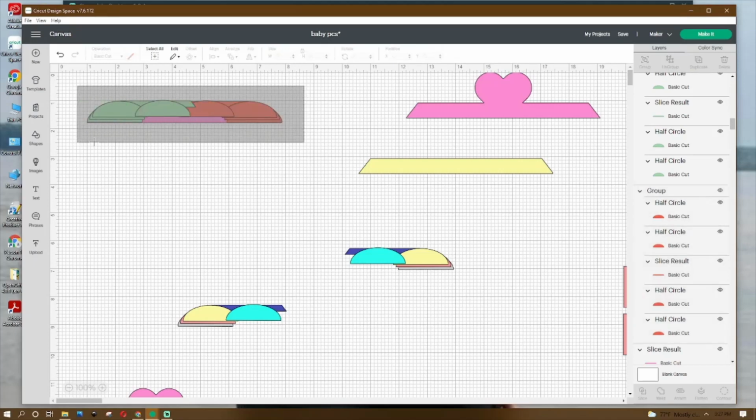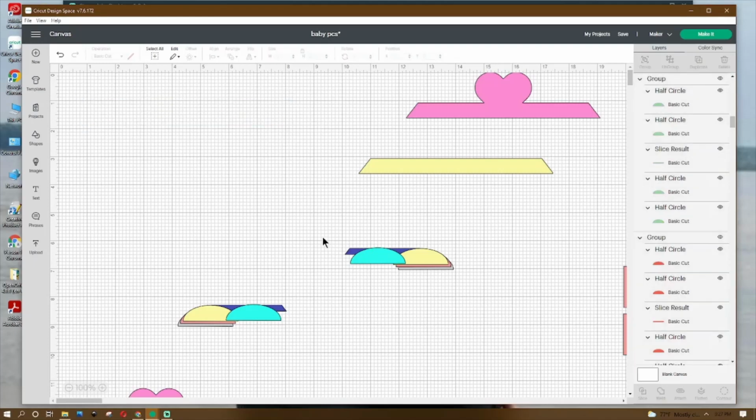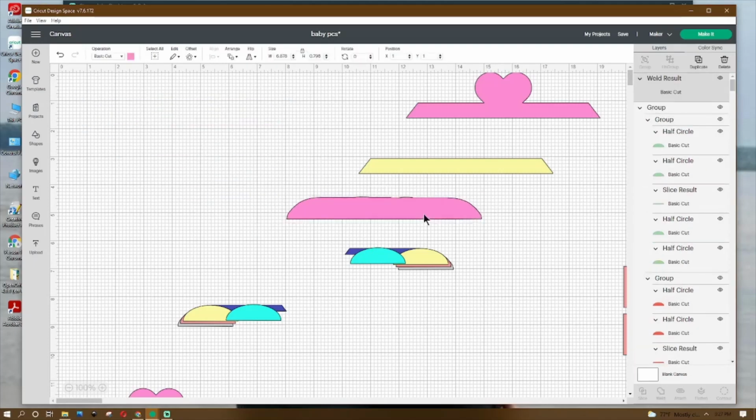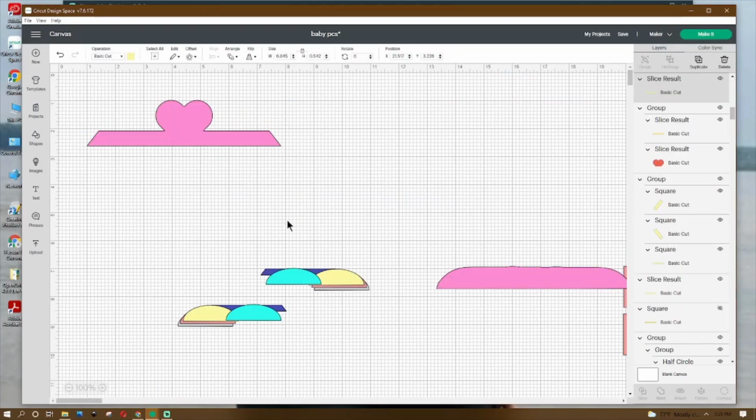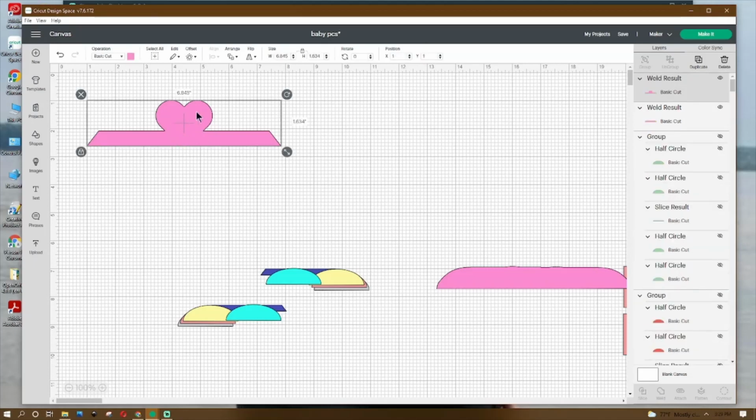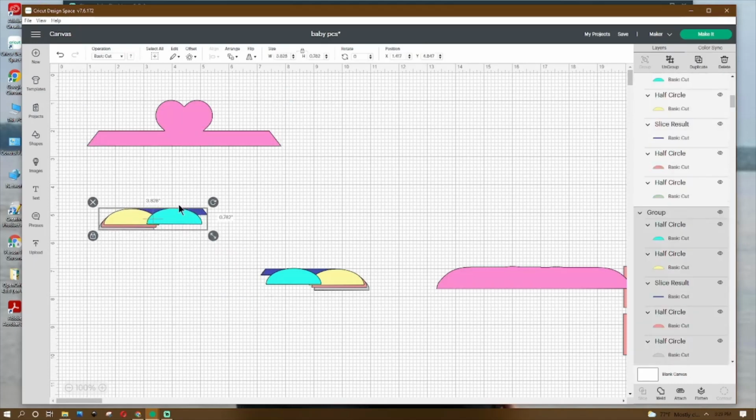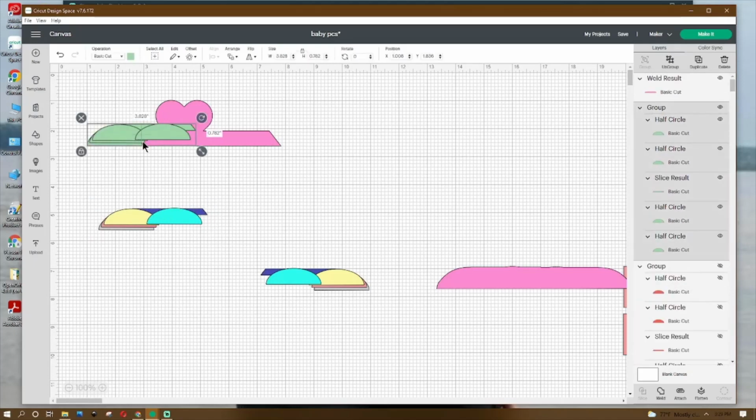Then we're going to grab it all and hit weld, and we should have this piece here. Then we're going to take this piece that we saved and place the X at 1 and the Y at 1. And then for this piece, we're going to place the X at 1.008 and then the Y at 1.836. Then we're going to get this piece here